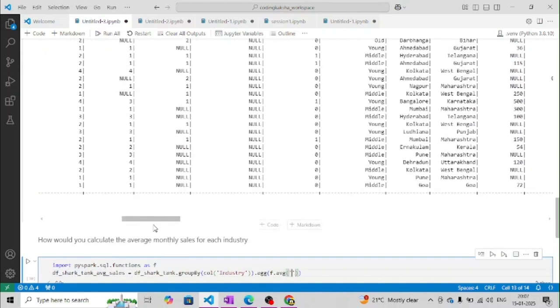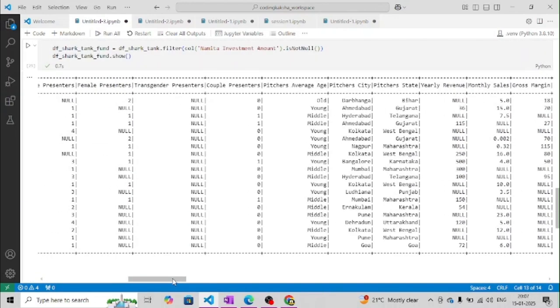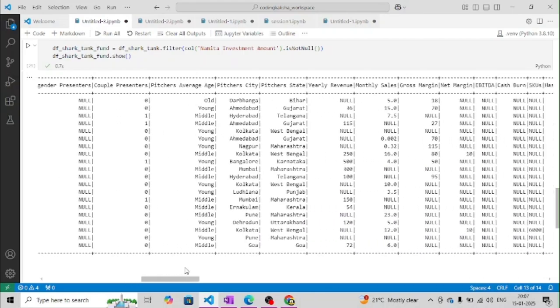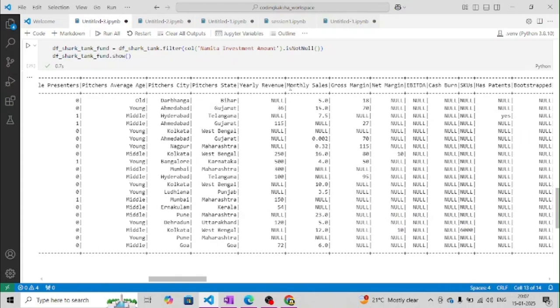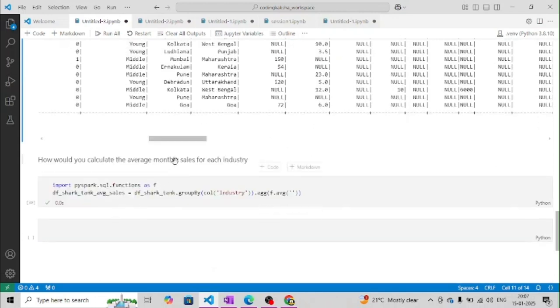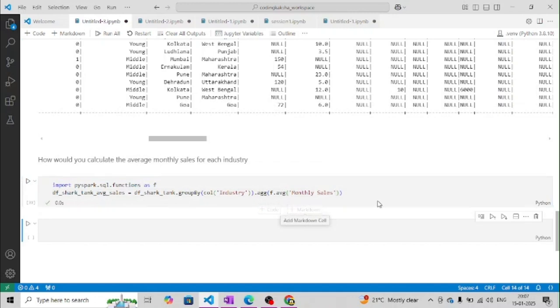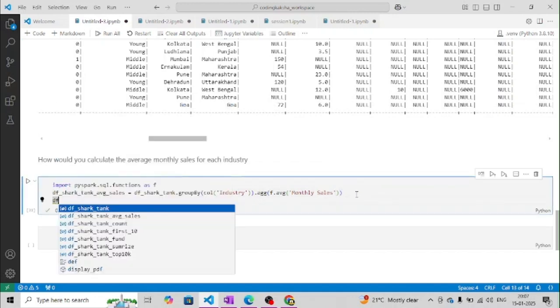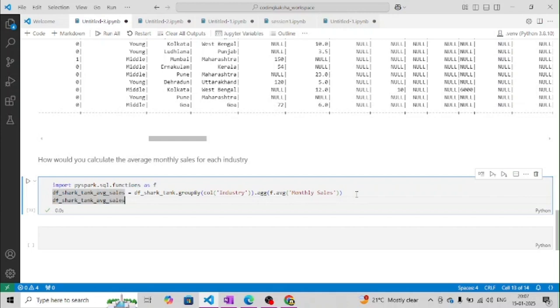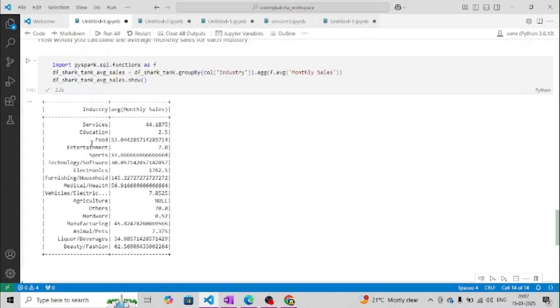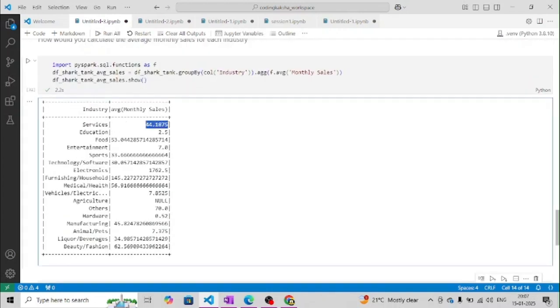So let's go above and check this. Where is pitches average monthly? Pitches average is yearly revenue, monthly sales. So we have to find the monthly average sales. So let's write average monthly sales. Just put this and we'll check whether we are getting it or not. So just go to the average sales dot show. And now we can see that for the service industry, we are getting the average